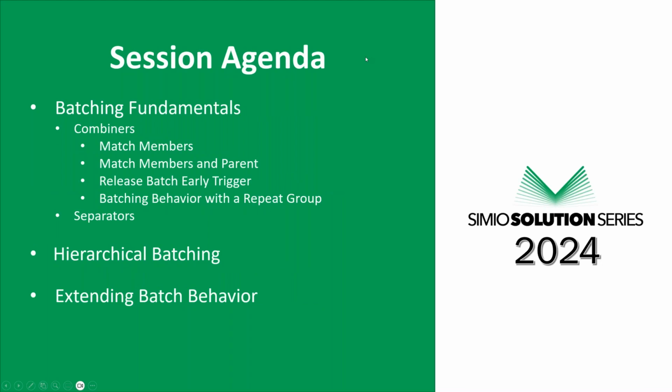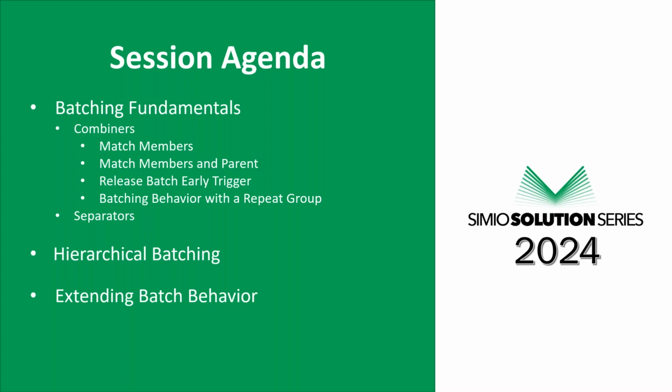And a little bit more on today's specific agenda. We'll go through the fundamentals, showing some applications of the combiners and separators, as well as some of the properties that could often be trip-up points when using the combiner. So we'll talk about matching members together, or batch members, how we use match members and parents, and the distinguishing factors between the two. We'll talk about some release batch early triggers